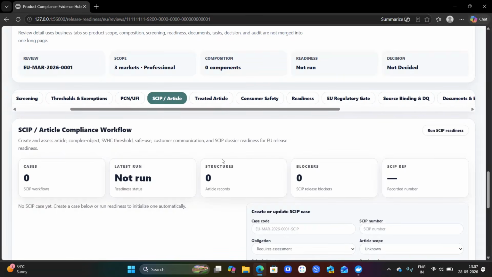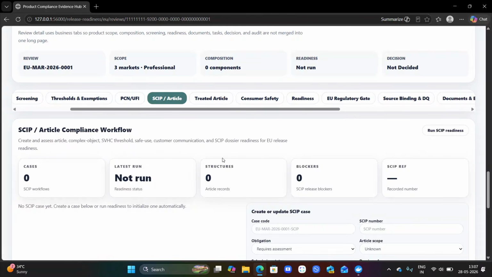So which actually tells you that the composition has changed materially. So the platform checks the PCN and EFI re-notification is required. The readiness check is important because you need to know whether this dossier needs to move forward, unless the classification of SDS and label country coverage of someone. So that is as far as your